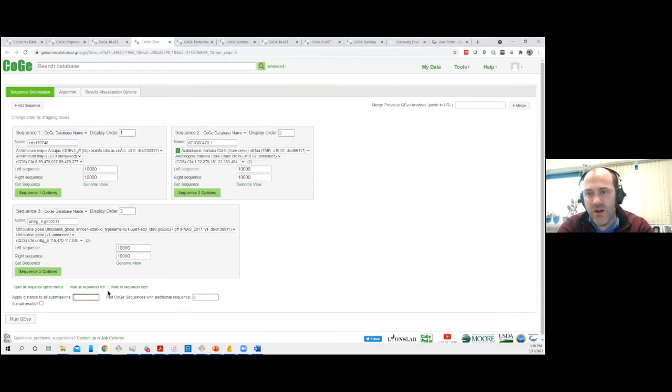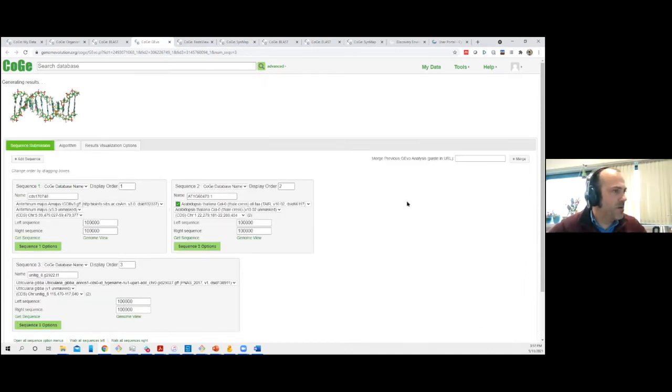It's just looking at conservation of a few genes on either side of our target gene. 50,000. Actually, let's do 100. Okay, so I'm just making the window in which we look a little bit bigger because I'm not actually expecting much conservation between